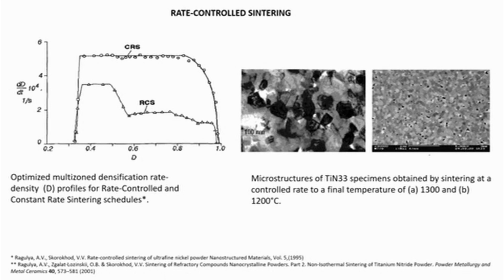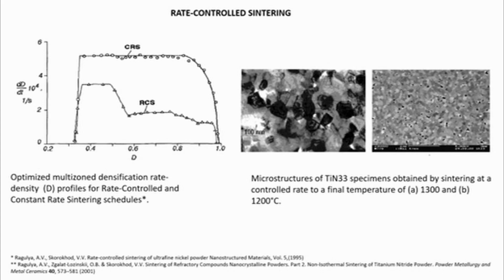Specimens sintered under rate control sintering conditions are characterized by fine grain size and pore-free structure. Such results were attained by established feedback between the sintering temperature and the instantaneous density, with the goal of densification rate control at each stage of the sintering process. Authors who work with the rate control sintering concept proposed the